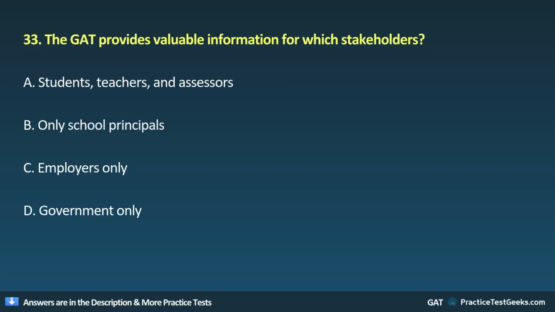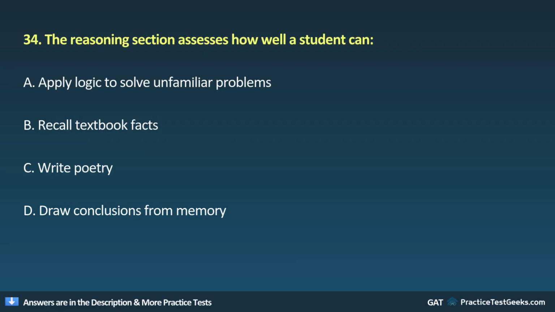33. The GAT provides valuable information for which stakeholders? A, students, teachers, and assessors. B, only school principals. C, employers only. D, government only. 34. The reasoning section assesses how well a